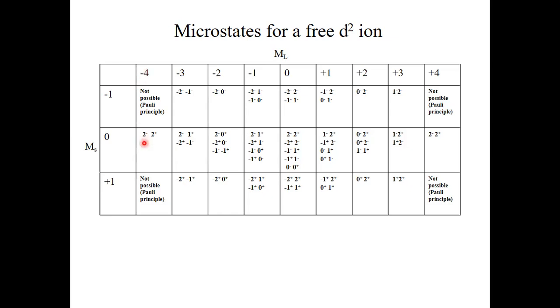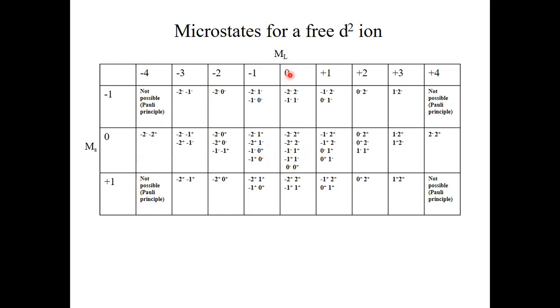And one electron is spin up, this one here, indicated by a plus, and one electron is spin down. Okay, but there's no other possibility. But for other combinations, there's more than one possibility, and for some combinations, there are actually multiple possibilities. So the greatest number of possibilities actually occurs for the combination